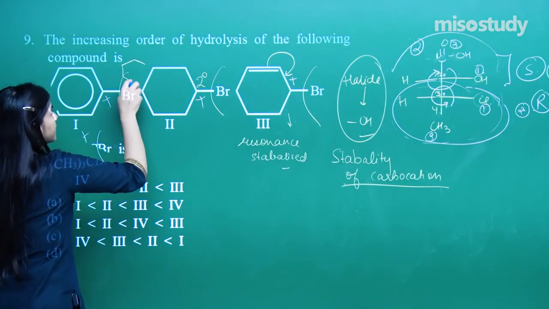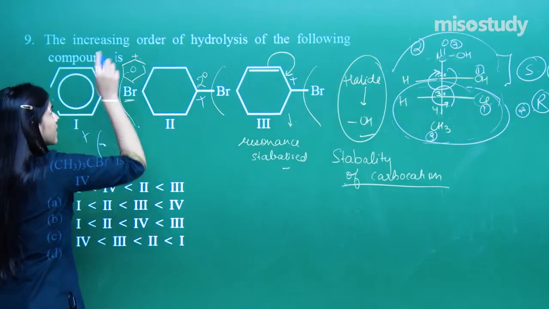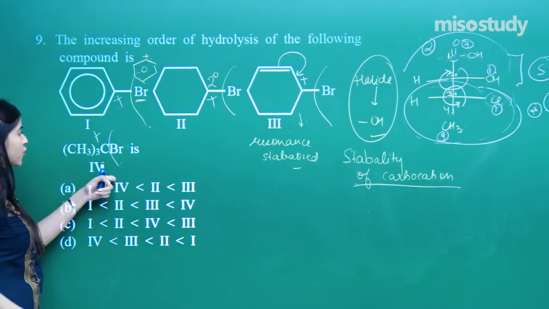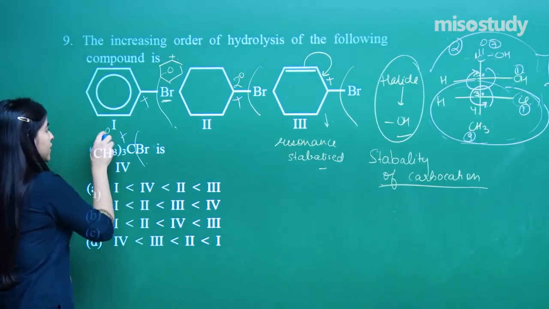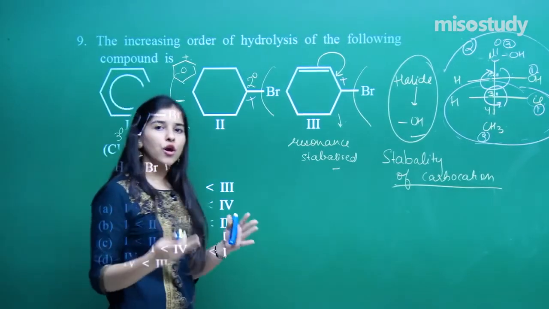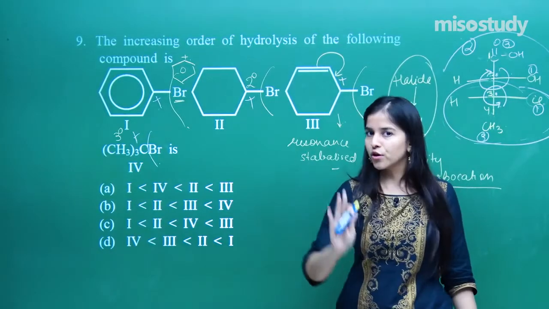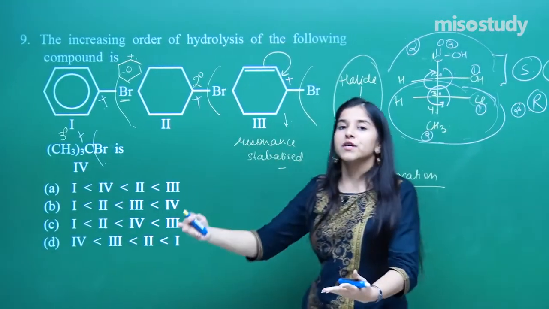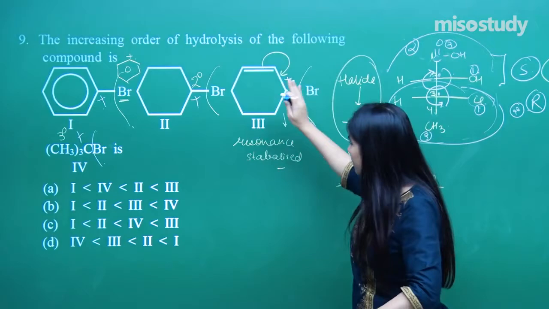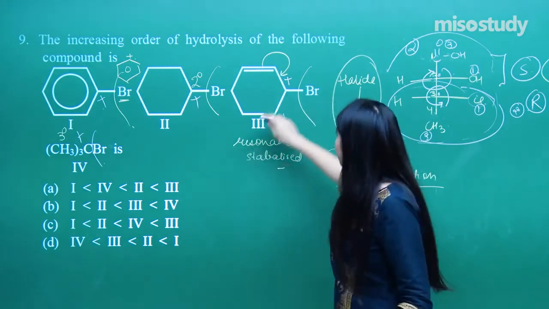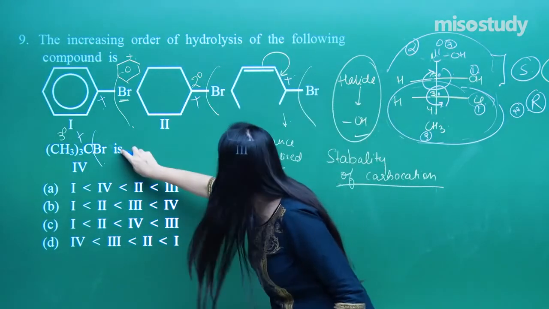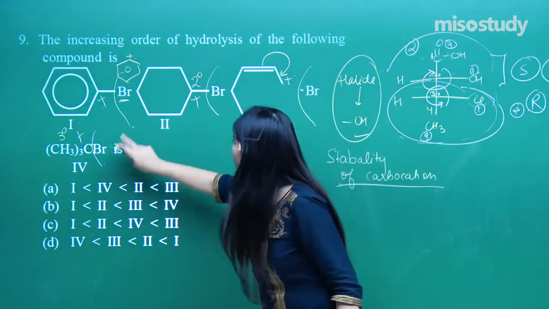Let me just draw that here. And the last option, this is nothing but a tertiary carbocation. So tertiary is always more stable than the secondary one. We all know that. But what is more stable is the resonance stabilization. So I've got one particular order, that means this followed by this followed by this, 3, 4, 2.